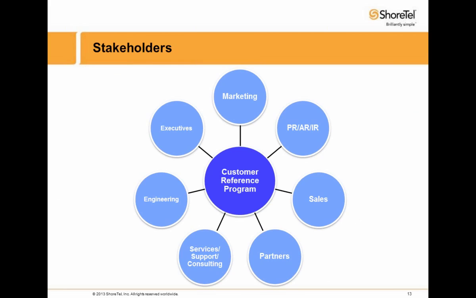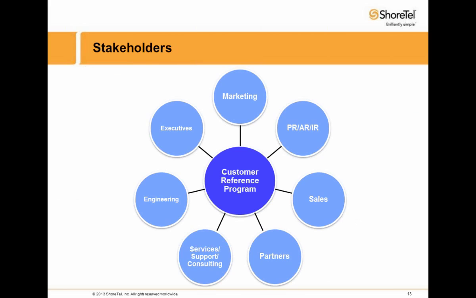The sales team, we're going to actually cover that in a few slides later because that is so critical. Partners. Does your company sell through channel partners? Here at ShoreTel, we are a 100% channel-driven company. Not only that, but our customers have a partner of record. And so that really changed how I get references and how I work with partners getting the references.